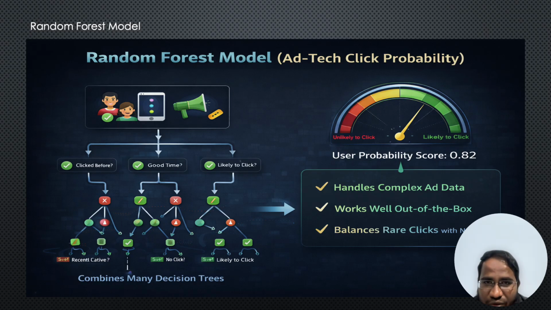So I have chosen this random forest classifier for its ability to handle non-linear relationships in user behavior. Because the click data is highly imbalanced here, I used a balanced class weight strategy to ensure the model doesn't ignore the click events. Using MLflow, I tracked our progress to ROC AUC as 0.778, which means our model is performing very well, proving the model's strength in distinguishing high value users from casual browsers.